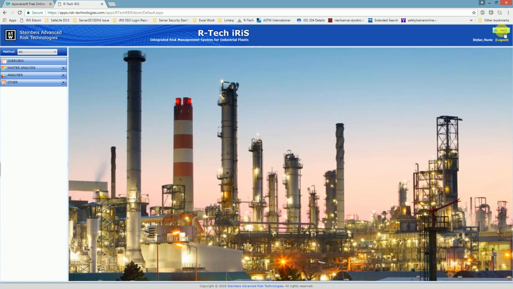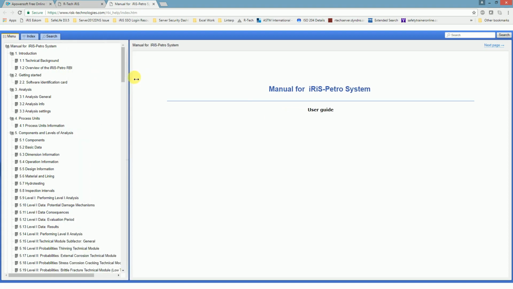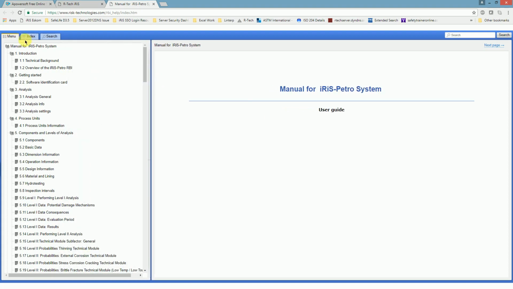With regards to help, clicking the help opens in a new tab in your browser, basically the manual for the IRIS system. This is an older version of the manual, IRIS Petro. A new version of the manual is going to be uploaded. Basically, this user manual